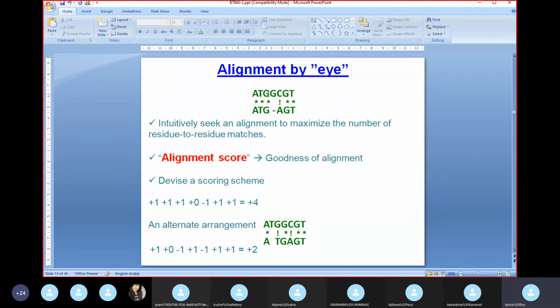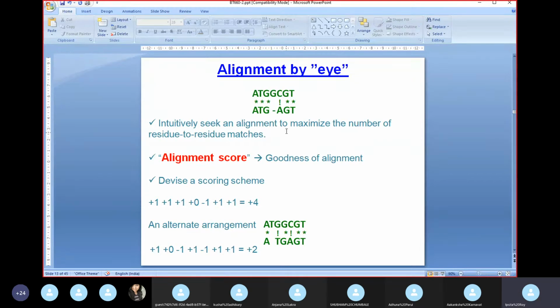So I do it like this. So this is there. So I try to fit in wherever there is a match. Where there is no match, I keep a gap, and then again I fit in. So these are complete fits. Here there is no fit. This is a mismatch, and then these two are complete fits. So now how do I know whether this is one alignment? This is a second alignment that is possible. I can also, same sequence, I can also align this way. So here there is a match, here there is no match, there is a mismatch here, then again there is a match, a mismatch, and then there is match in the last two entities.